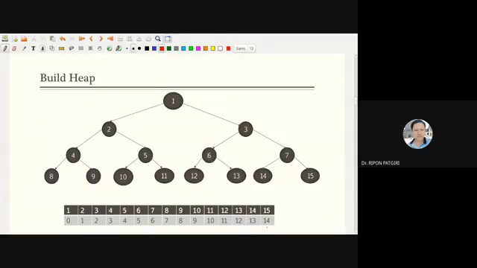If it is 14, what is the parent of 14? It is calculated as (14 minus 1) divided by 2, which is 13 divided by 2, that is 6.5. In integer, the value is 6.